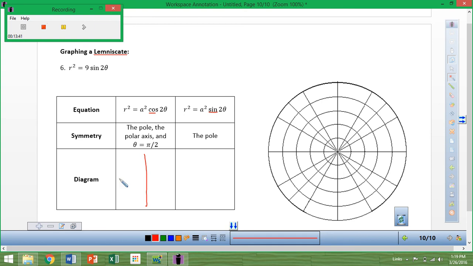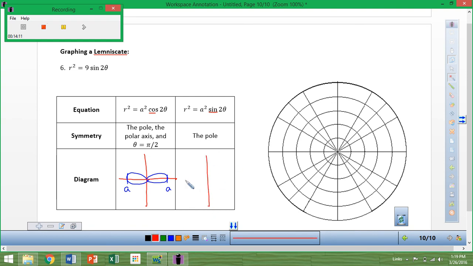For cosine, these are the ones that look like propellers, all I'm going to get is it's going to be along the x-axis, and it's going to go out a distance of a in both directions. And that's all that I really need to know. So that distance is going to be the same there. If I have